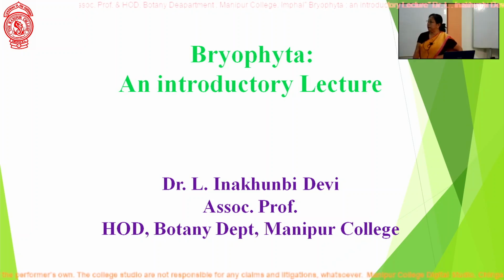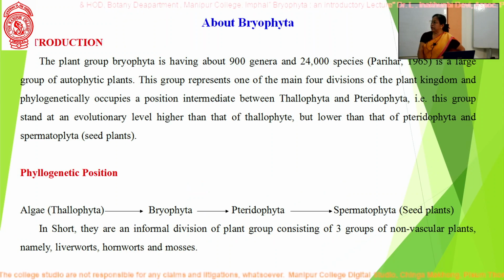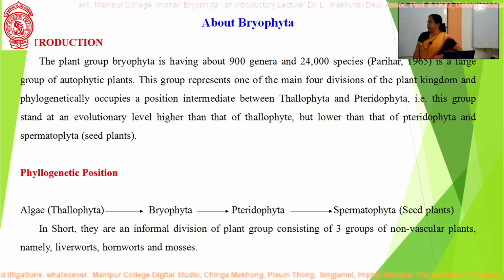Now I am going to give you an introductory lecture on Bryophyta. These Bryophyta are a group of plants having about 900 genera and 24,000 species, according to Parihar 1965. It is a large group of autophytic plants, and this plant group represents one of the main 4 divisions of the plant kingdom, and phylogenetically it occupies a position intermediate between Thallophyta and